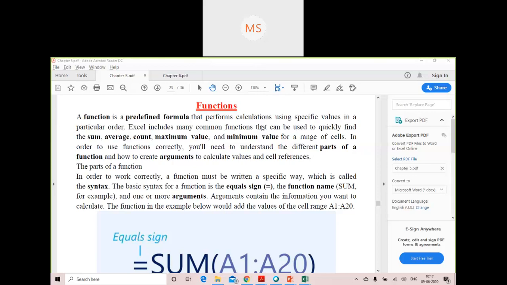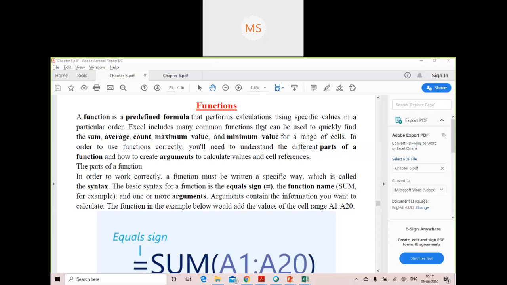Now here I would like to mention that an argument is what you provide as a value to a function, where a function may consist of more than one argument, and each argument may consist of a single cell or a range of cells. A function is like something which is going to perform some action, and to perform an action it requires some input. So an argument acts as an input to that particular function.